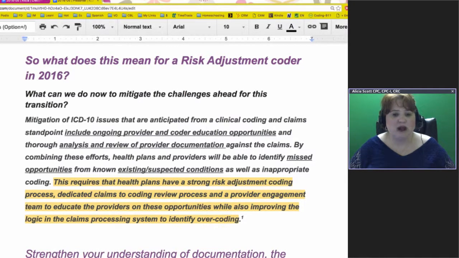And you want to have an immensely strong understanding of ICD-10. You want to know it inside and out. Now, it doesn't happen overnight, but when you like it as much as I do,